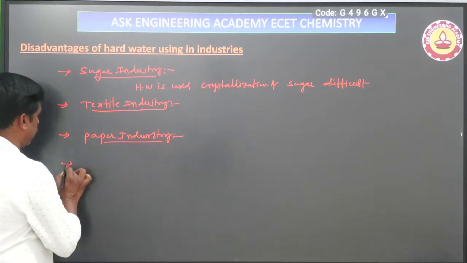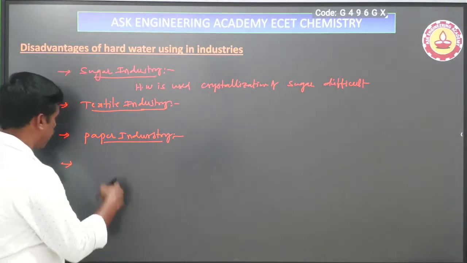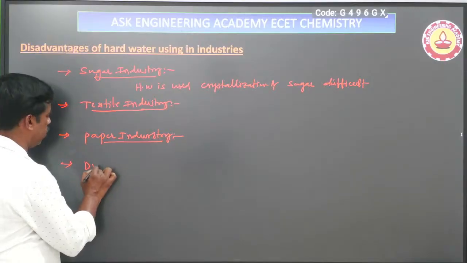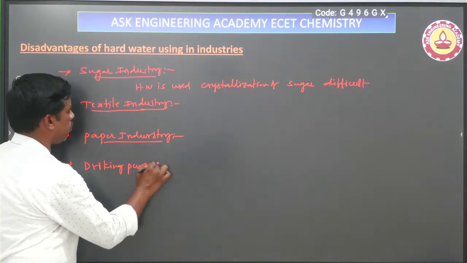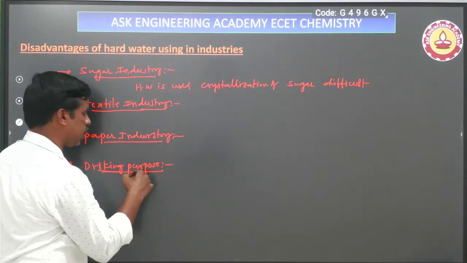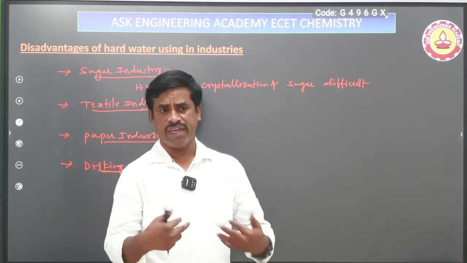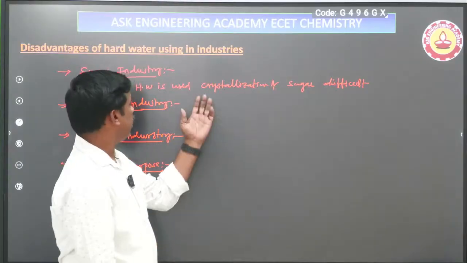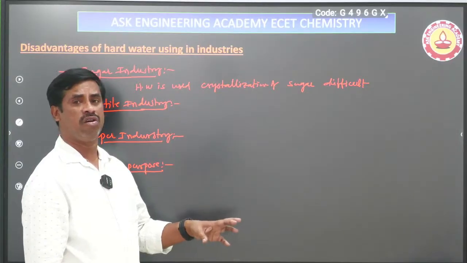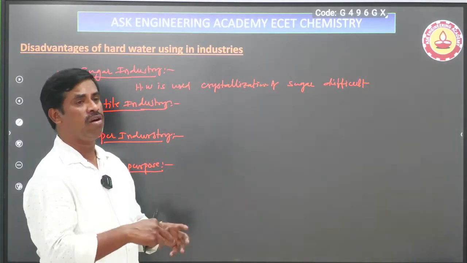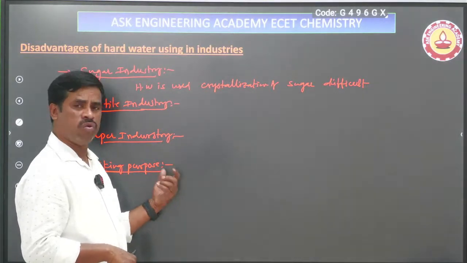And also, for example, hard water used for drinking purposes. Nowadays, people do not use this water directly for drinking. If someone uses this water directly for drinking, what happens? Many salts are dissolved. Hard water means many salts are already present in a dissolved state in that water. Human beings consuming many salts also get health problems.